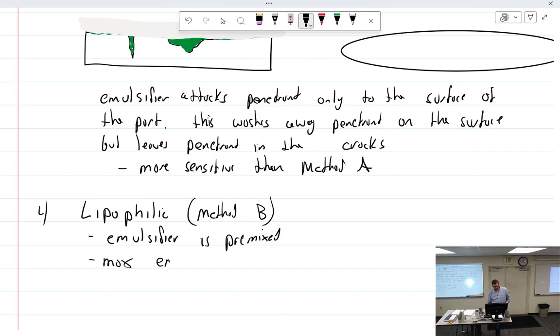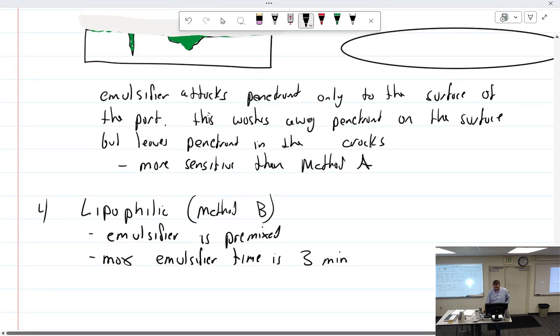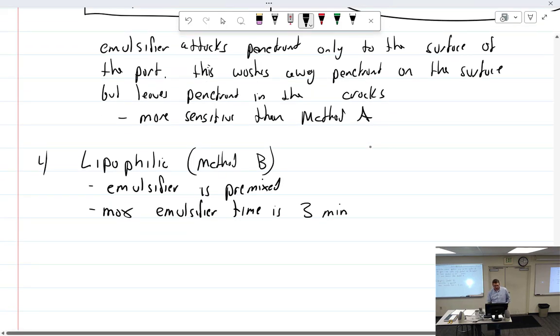Maximum emulsifier time is 3 minutes, just to give you an idea of what we're talking about. It's like making white tea. You then wash off the emulsifier slash penetrant,